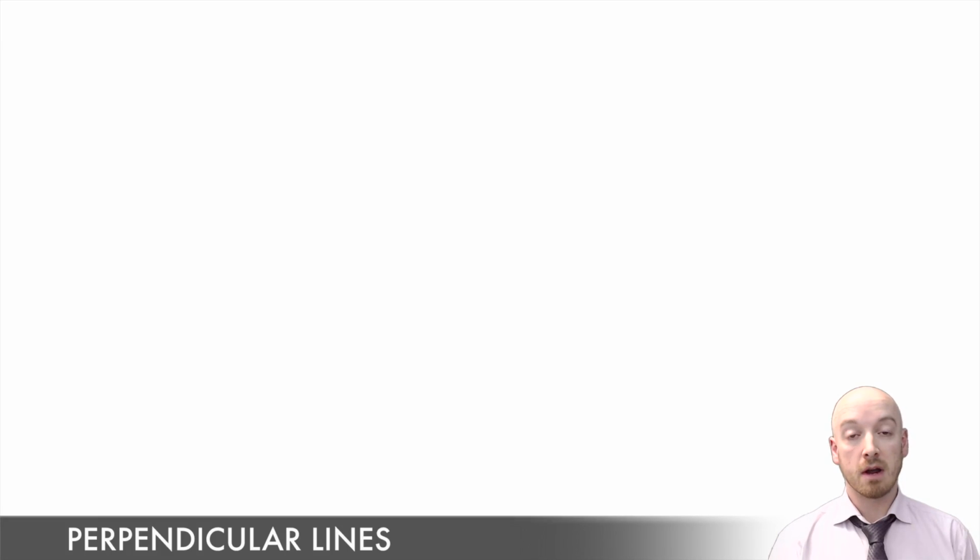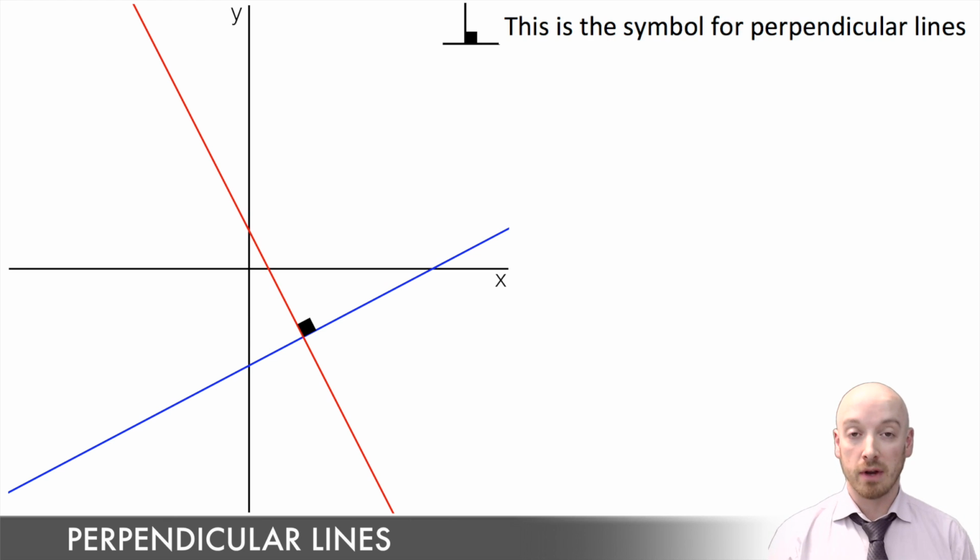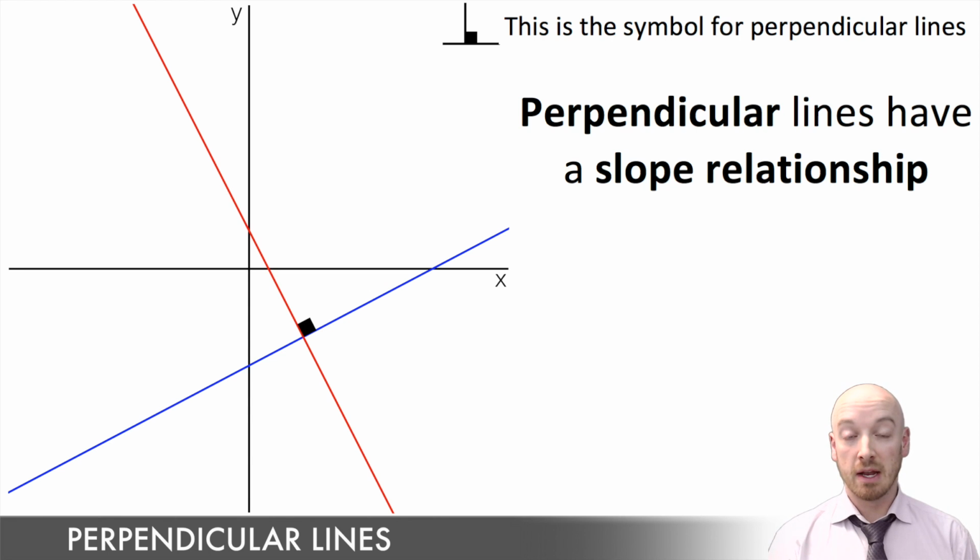All right, so when we talk about perpendicular lines, what we've learned in the past is that this means the lines cross at a right angle or a 90-degree angle. And that's all well and good, but in this course, what we need to know is that perpendicular lines are related by their slopes. Now, just like parallel lines, those slopes have a relationship, but unlike parallel lines, their slopes